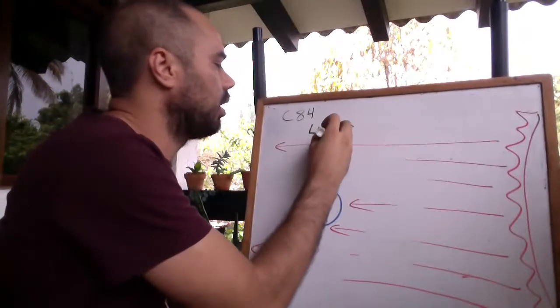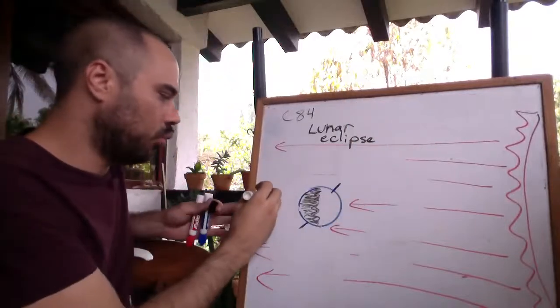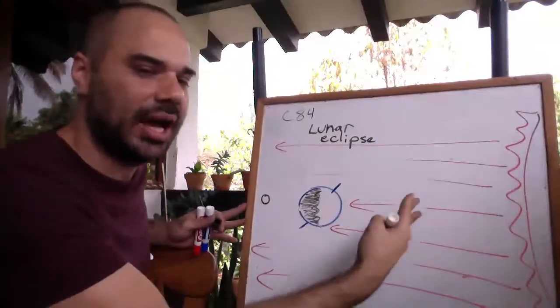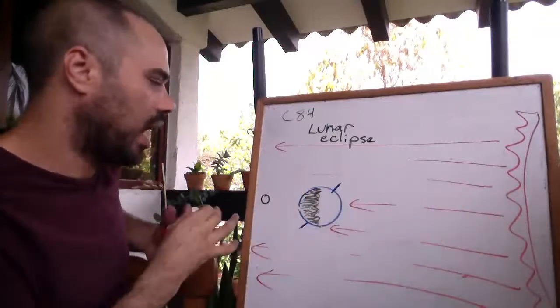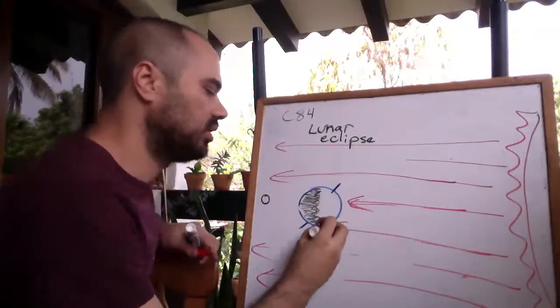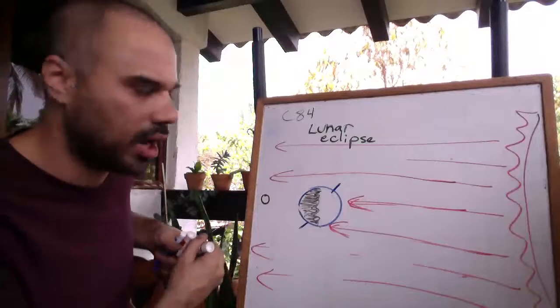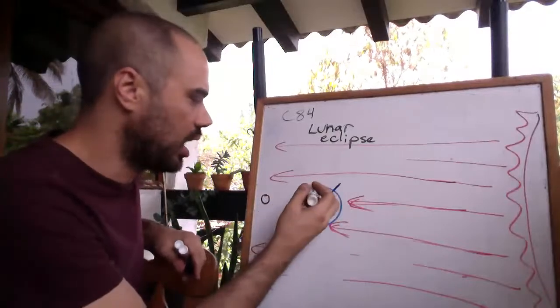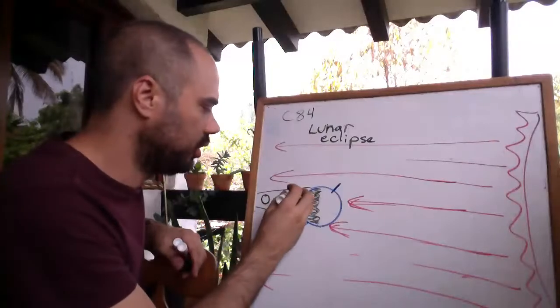So a lunar eclipse is when the moon is exactly behind the earth. And what happens? We don't have any sun rays coming in this direction. And you know what happens when something is blocking the sun, right? You get a shadow. So you have a shadow of the earth